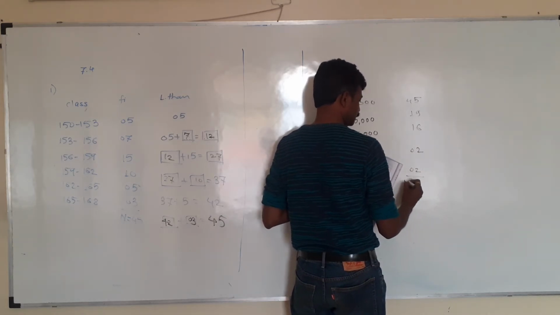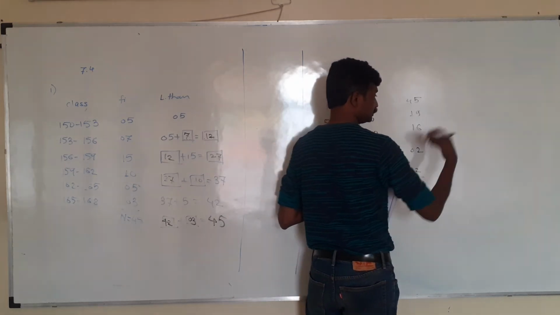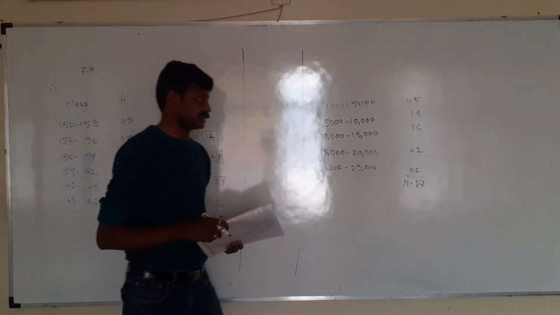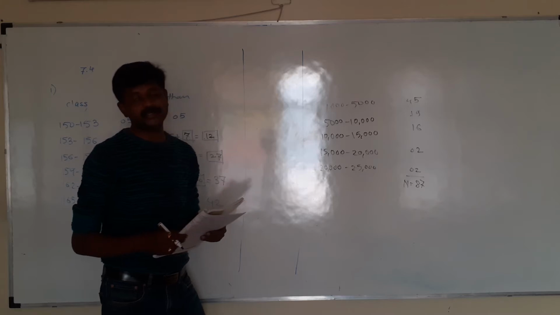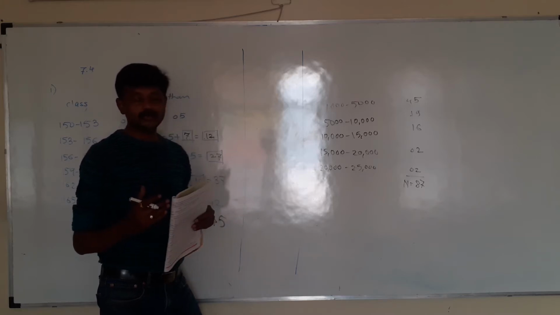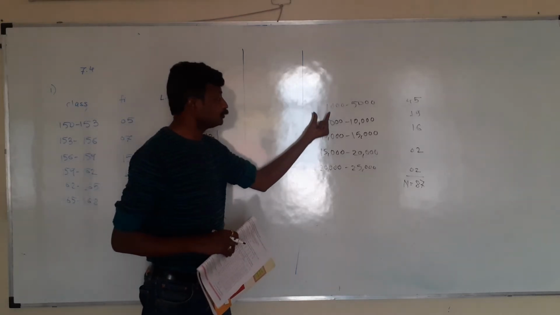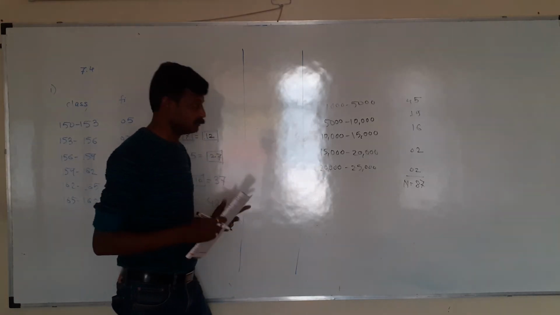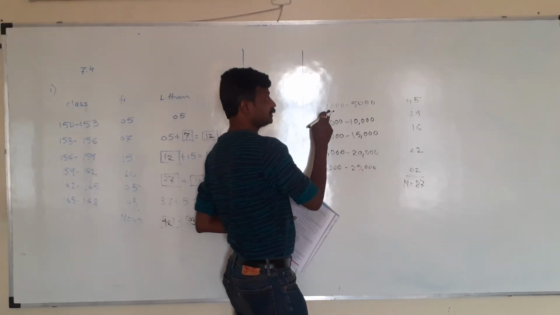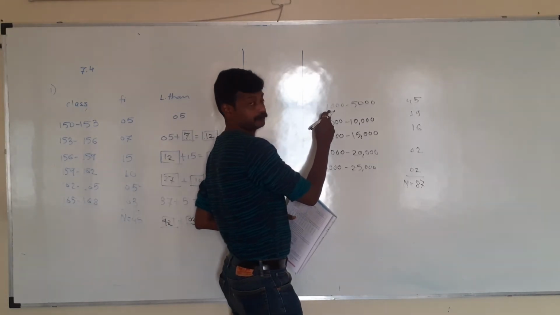The total of the frequencies is equal to 87, because this is going to be cross-checking. Okay, here we have to find the cumulative frequency more than or equal to. More than or equal to means more than or equal to the lower class limit. So we need to start the addition from the bottom, because it is cumulative frequency more than or equal to 1000.